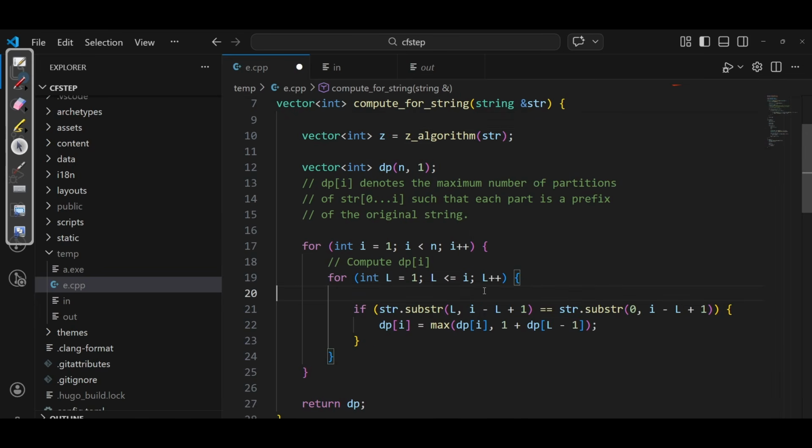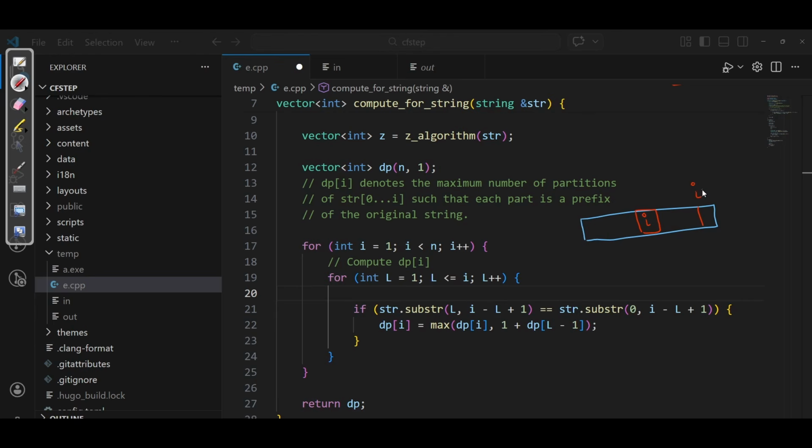Now you can see that you are computing the answer for index I, and z of I, suppose this is I plus z of I, right? So you can simply see that z of I,